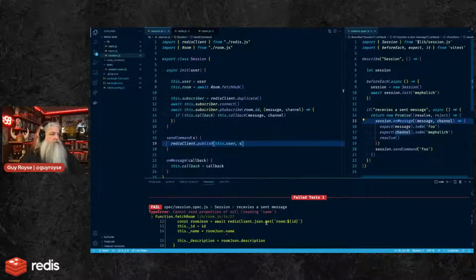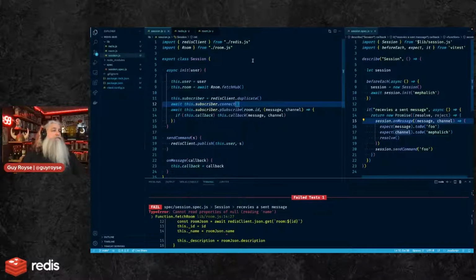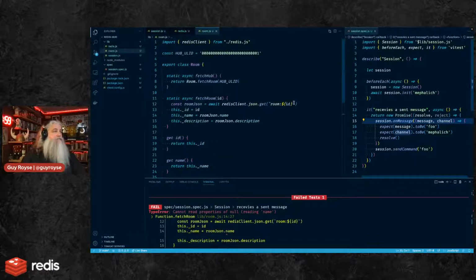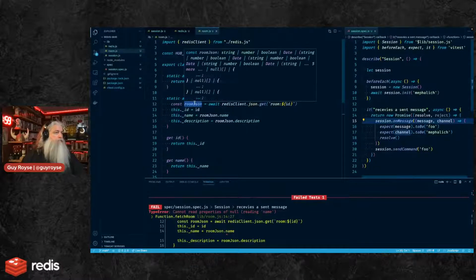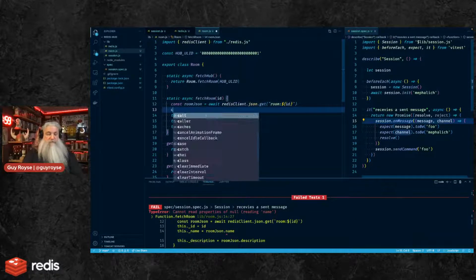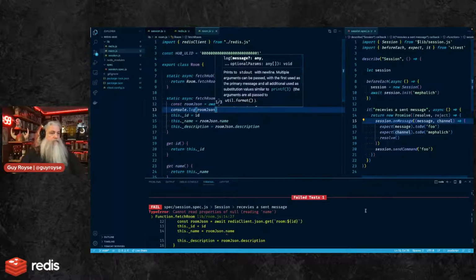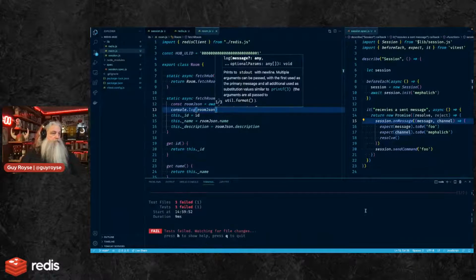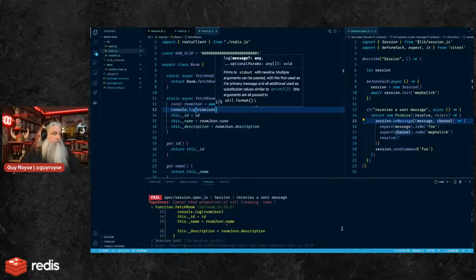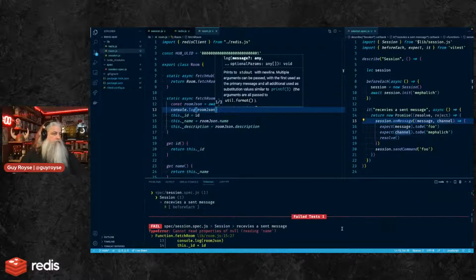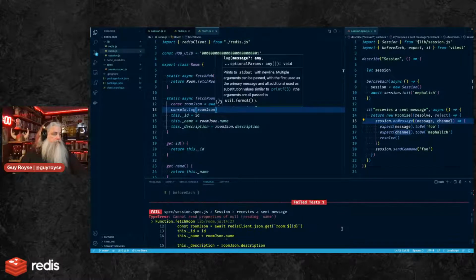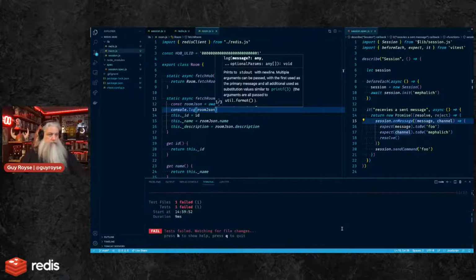My JSON.get didn't work. Well, let's take a look at that. Does it return back? Console.log roomJSON. Oops.